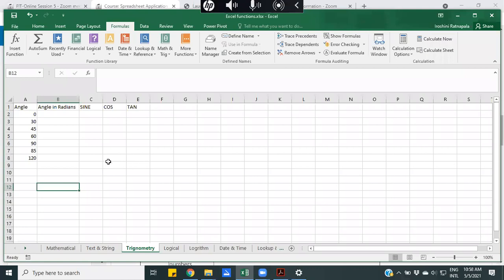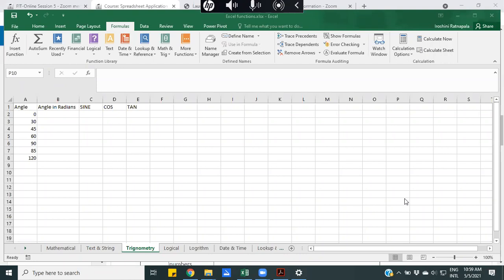In Excel as well, there are functions to do the trigonometric calculation. But the thing is, you have used angles, and there are two measurement units to measure angles.